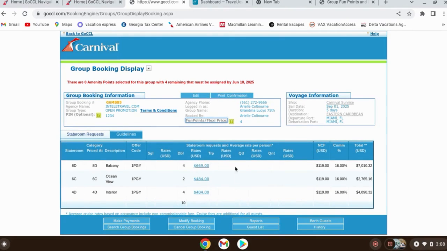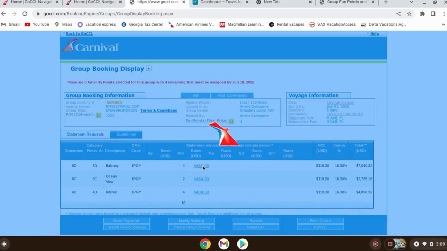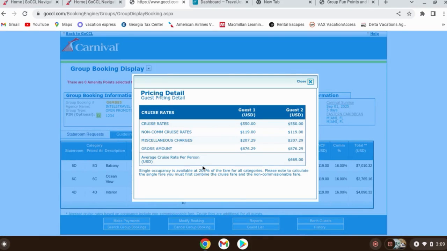Now, this part is important because you want to go ahead and get your total cost. This is just showing the total cost if you have all 10 cabins booked. So that's a good place to look. And it's going to be listed on the contract as well to be able to calculate how much your commission is going to be. But you want to click this hyperlink per cabin to get the pricing, the gross pricing